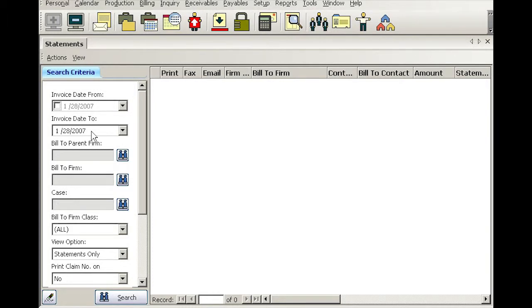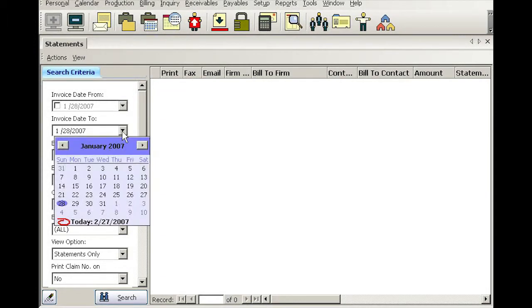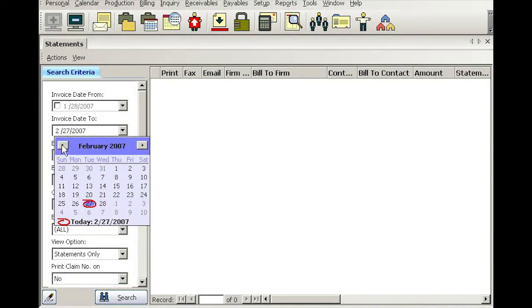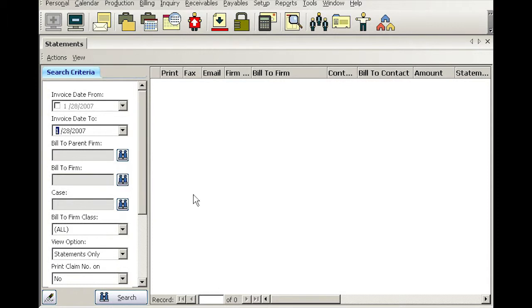Then all you have to do is simply change the invoice date 2, which is called cutoff date, to today's date. So it'll be as current as today. Or if you want to include only those invoices that are at least 30 days old, then you can leave it as the default as 28th. Now with that, simply go ahead and click Search, and this will pull up again, this time every single firm